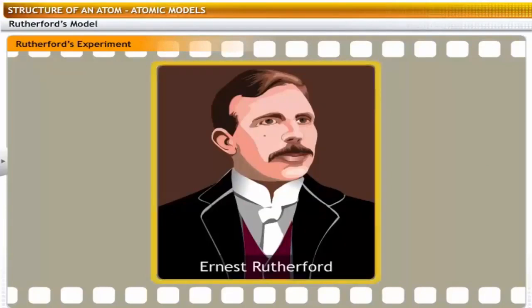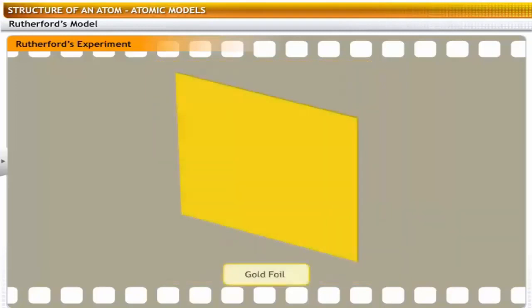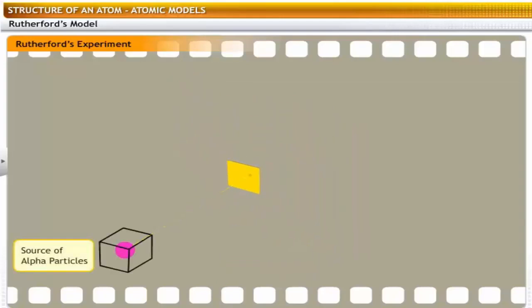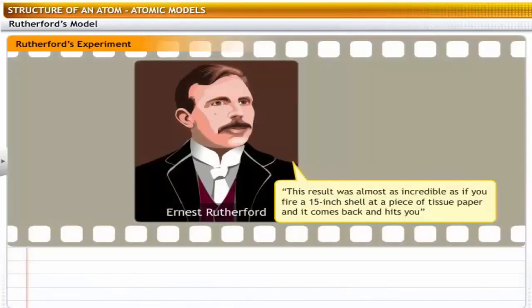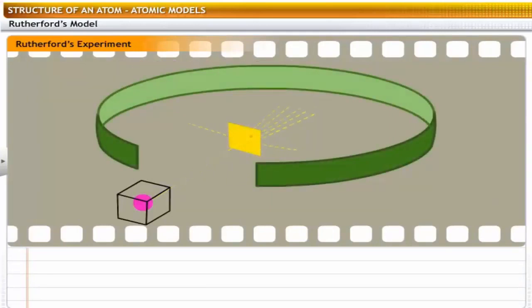Thomson's student, Ernest Rutherford, conducted an experiment using gold foil which disproved Thomson's model. For his experiment, Rutherford used a gold foil which was about 1,000 atoms thick. He made a narrow beam of alpha particles fall on the gold foil. Alpha particles are doubly charged helium ions and have a mass of 4 atomic mass units. The result of the experiment was unexpected, as it did not follow the structure of an atom as known to scientists at that time. Rutherford found that